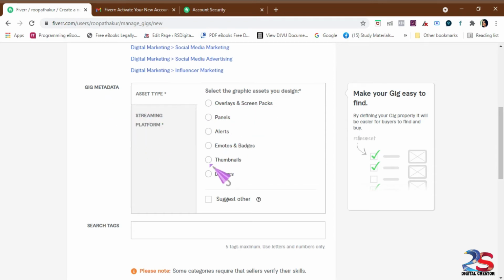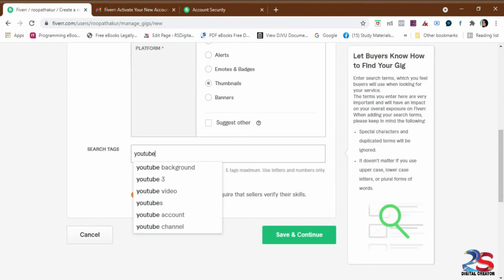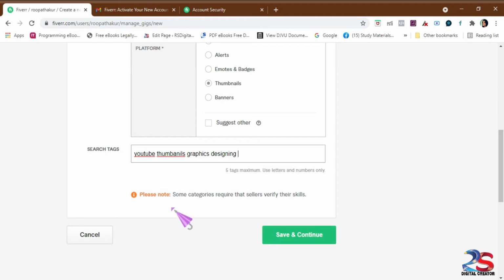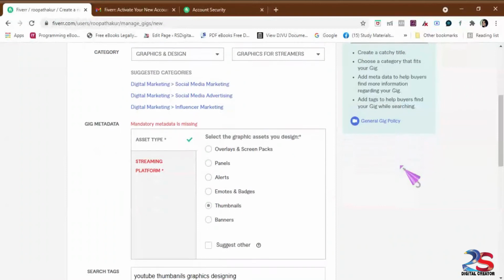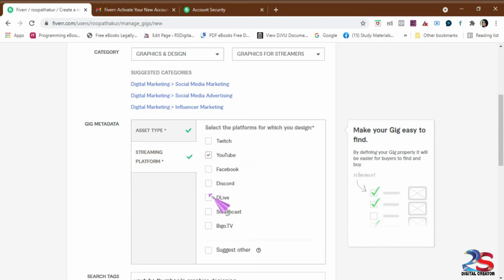And then just go for scrolling down, select the next option here, your details, more details here, like skill shares you can type, like select any one suitable option here. So let me select one option here. Then afterwards give some tags. Tags means the keywords that will be shown up in the searches. So I'm giving here something like YouTube thumbnails and then graphic designing. You can separate the tags by just using enter.